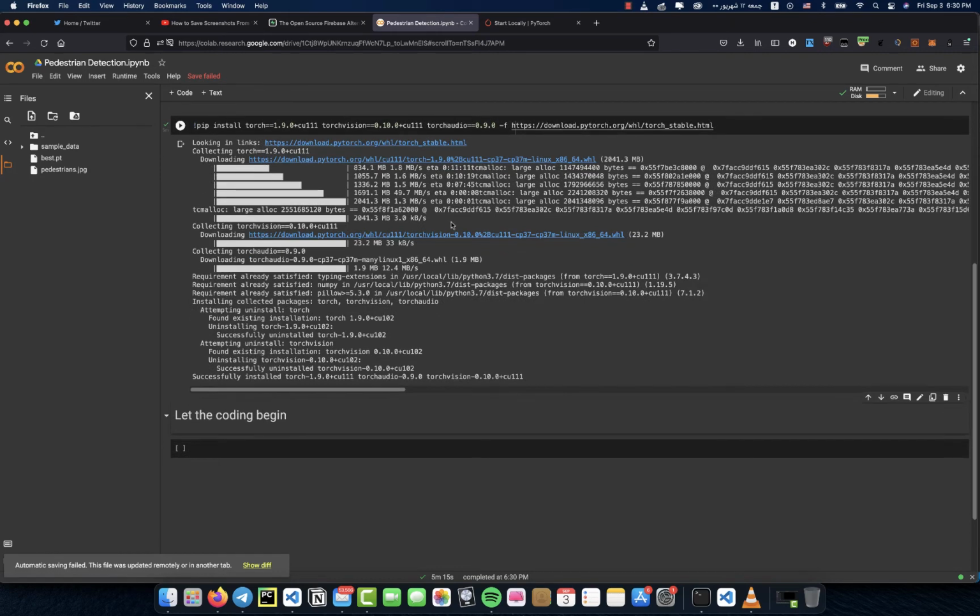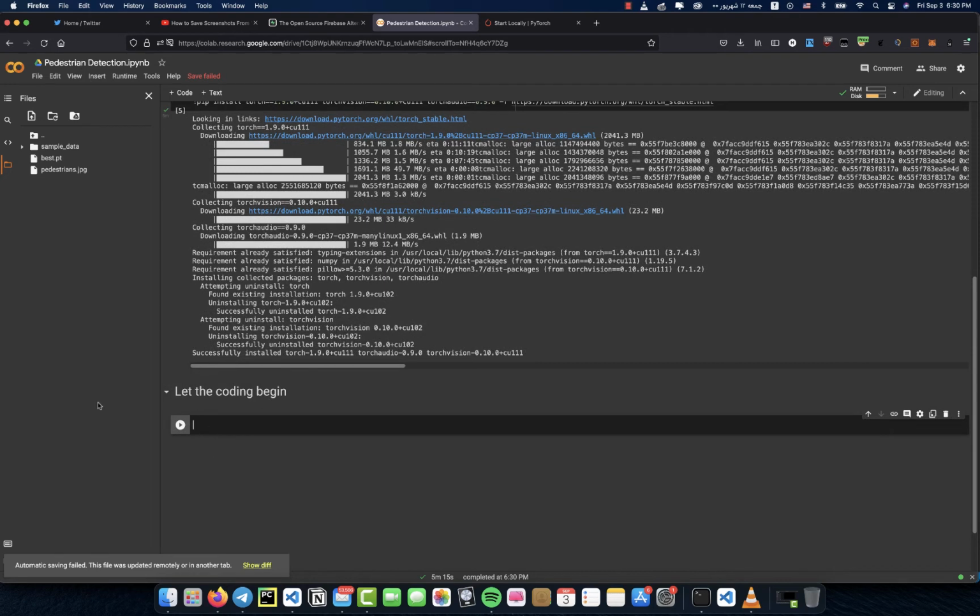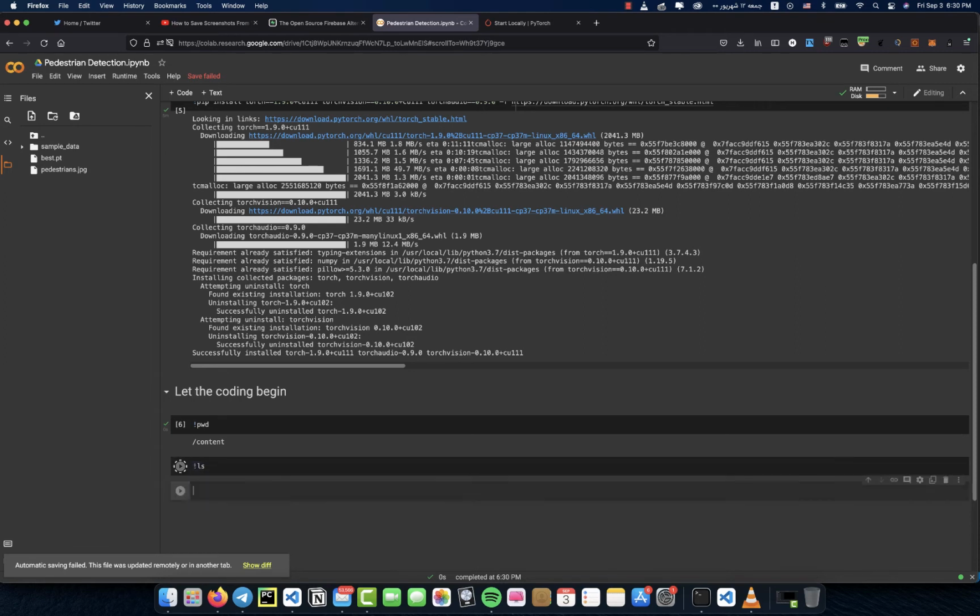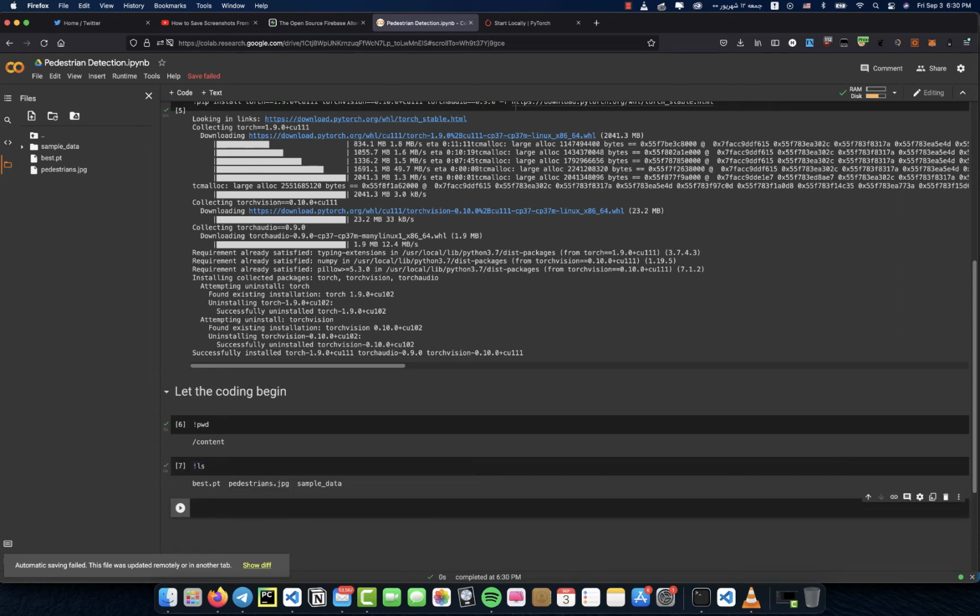Fine, our dependencies are just installed. So let the code begin. First of all, I'm going to find the working directory, and I'm going to make sure I have everything here. I have a best.pt file. This pt file is actually my weights for the model I have trained. So what I'm going to do is to change this best.pt, okay, to